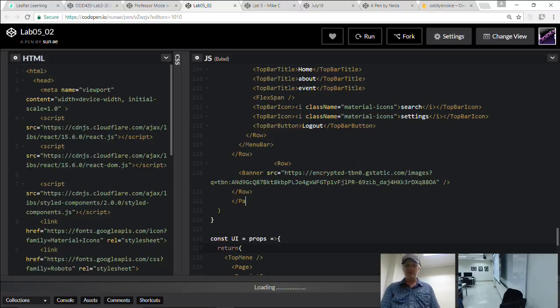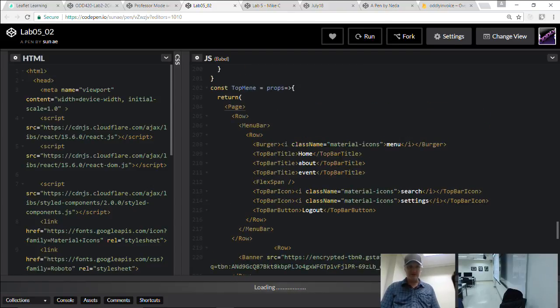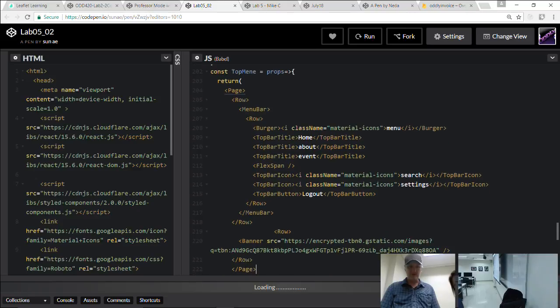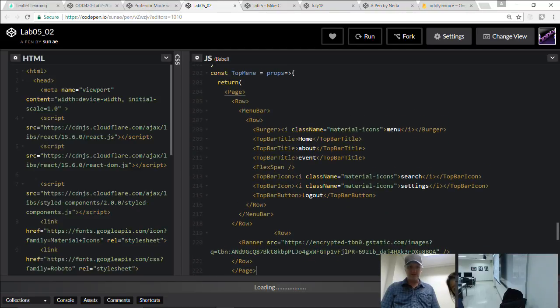Oh, that sounds right. Page, row. I think maybe one of these is not closed because it's not highlighting. So page, and there's row, and then menu bar. Yeah, and row. Yeah, that looks good.